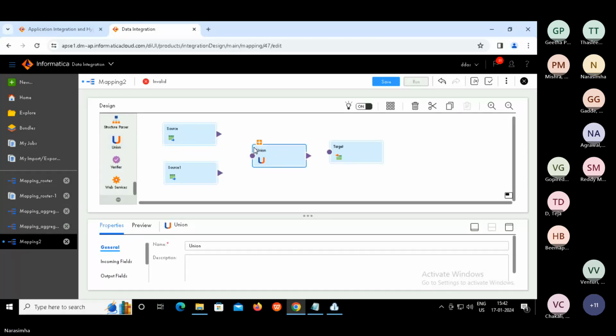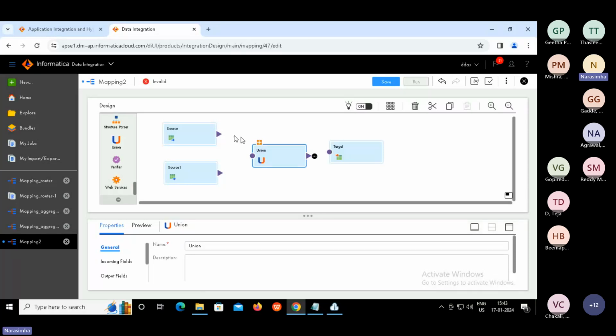That's it. Now connect, guys. Source one.